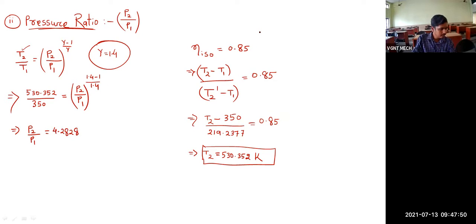Pressure ratio 4.454. Okay, why different values we are getting? One is 4.2828. One more answer 344. Prashant is telling 4.454. Which one is correct out of these two? One more answer we are getting, 4.566. Okay, why different answers we are getting?